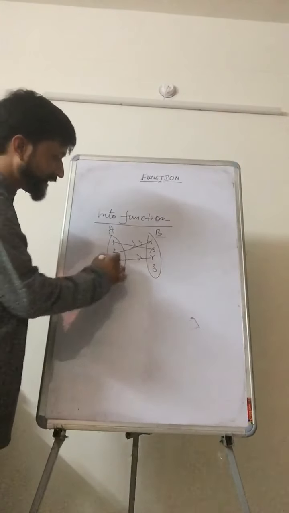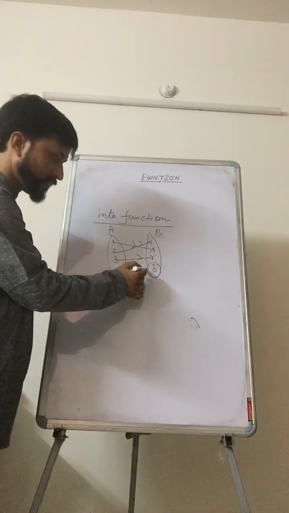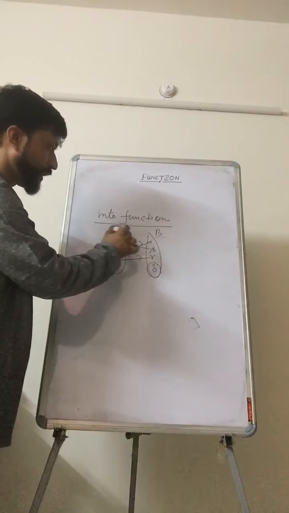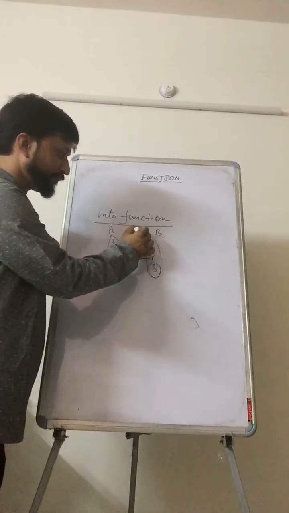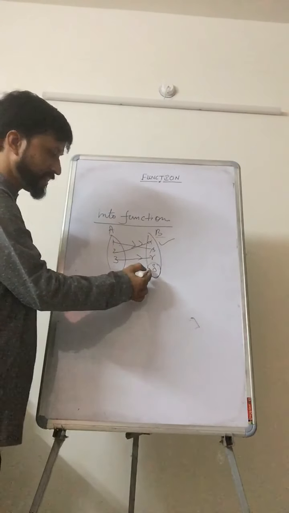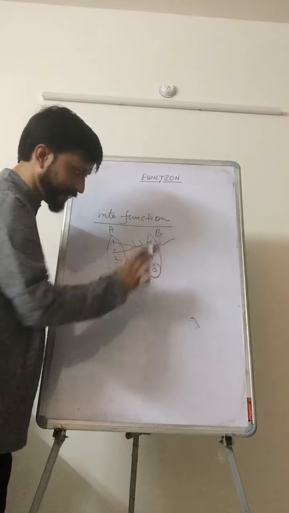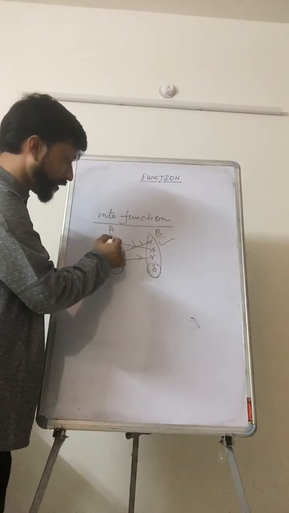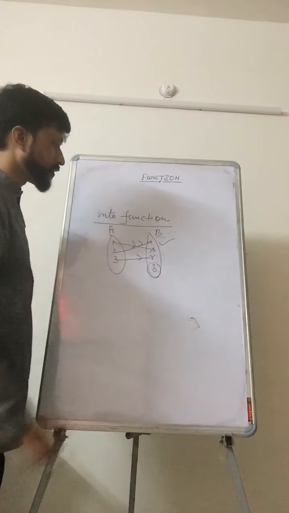one-one function. We are also observing that there is one element in set B which has no link with any element of set A. So this function is called an into function. What is the definition of into function we are getting from here? If there is any extra element in the codomain, that is the second set, which is not linked, at least one, meaning more elements can be there in set B, but one must be there, which is not linked with any element of set A, which is unused, then that type of function is called an into function.